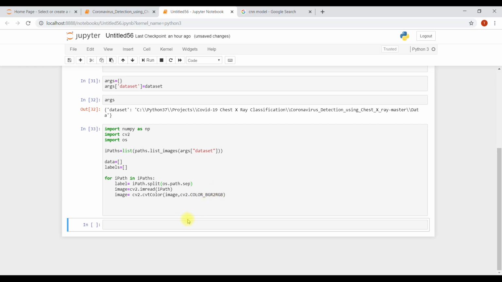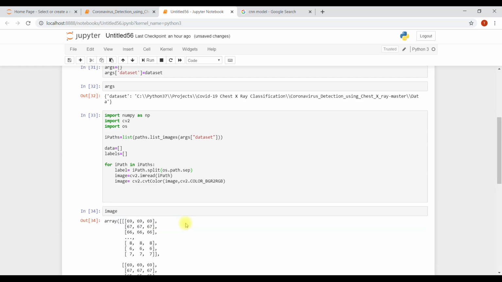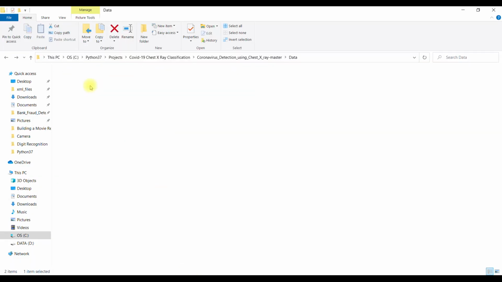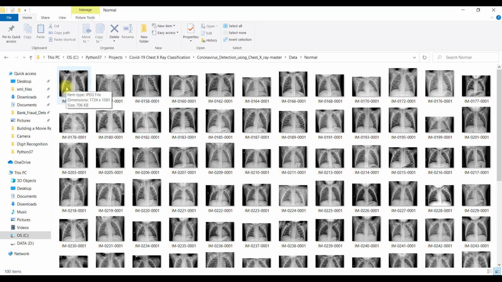Now see what the image is right now. These are the images. Whenever you write cv2.imread, it will not only read, but it will convert every image into array form. Why does it need to be converted into numerical form?